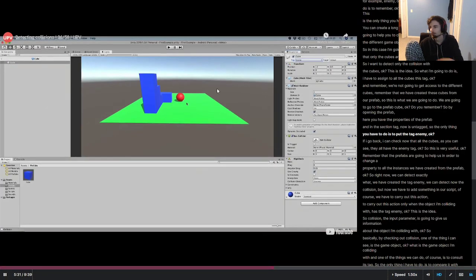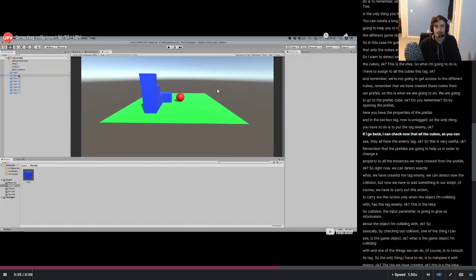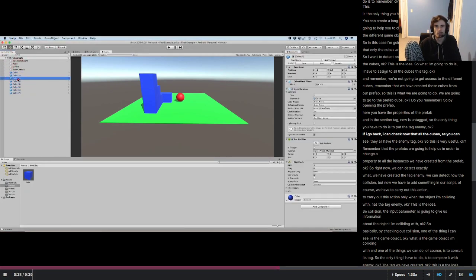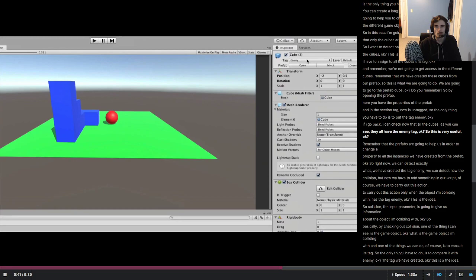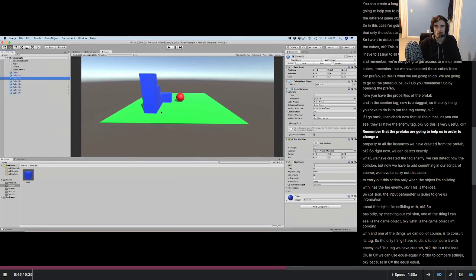So if I go back, I can check now that all the cubes, as you can see, have the enemy tag, okay? So this is very useful, okay? Remember that the prefabs are going to help us in order to